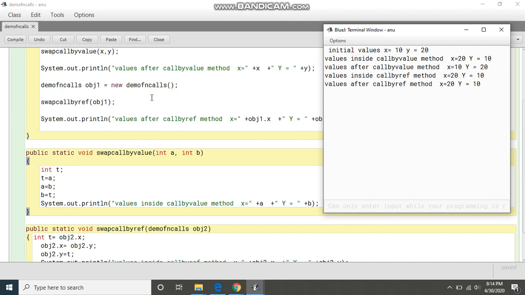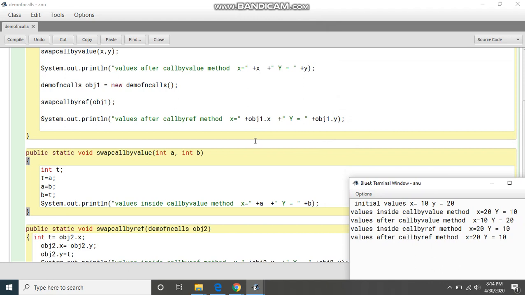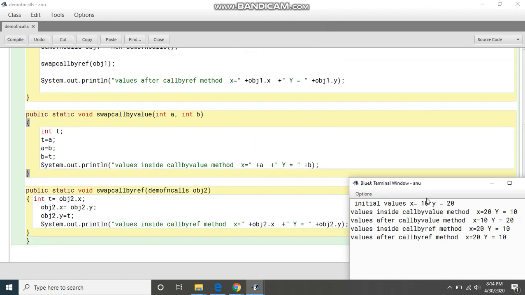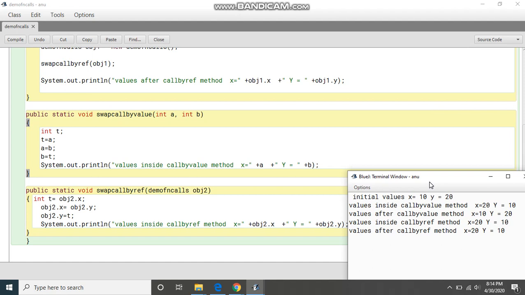And then this is the line to create an object, pass by reference. This is the same. If you see here, values inside call by reference, x is 20 and y is 10.